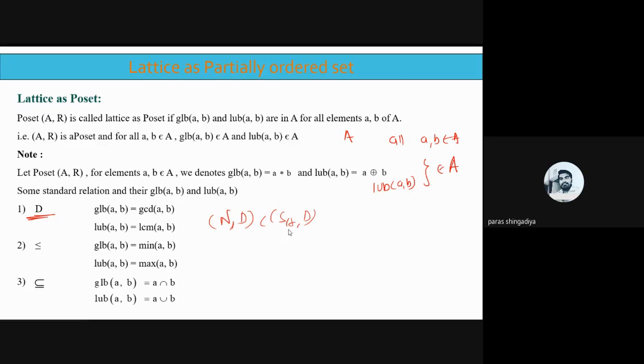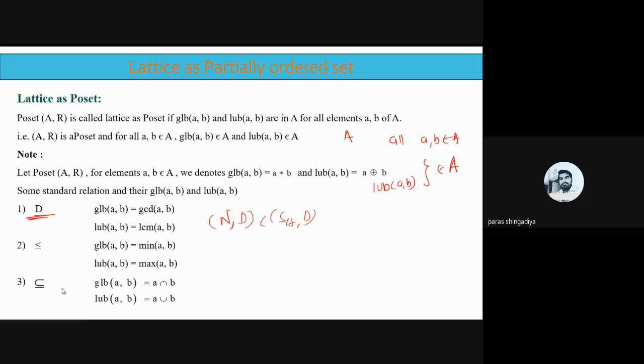Why do we consider this type of rule here? Because in the earlier sets we have numbers. Here it is the subset relation, so there are sets, and we cannot identify GLB of two sets directly, we can identify only the intersection and union of the sets. Here we cannot identify the product, meaning GLB of a, b and LUB of a, b directly. We need an extra mathematical rule from set theory to derive the answer. So we'll use GLB of a, b as a intersection b and LUB of a, b as a union b, meaning you have to take their union and intersection.